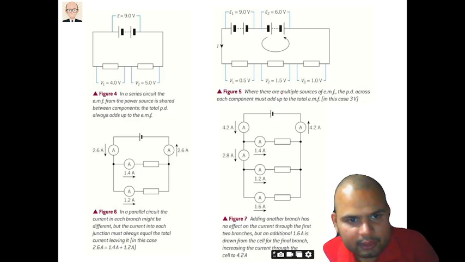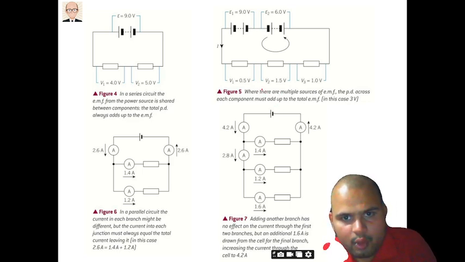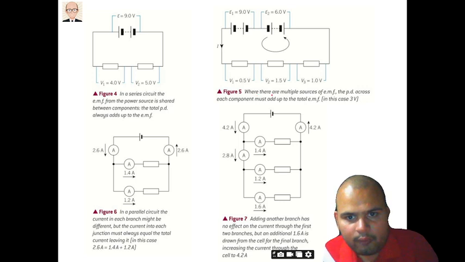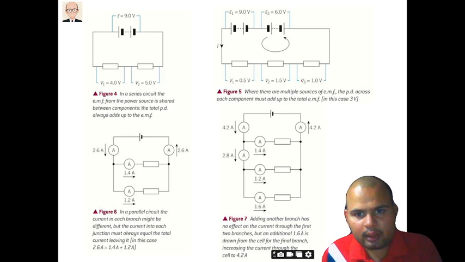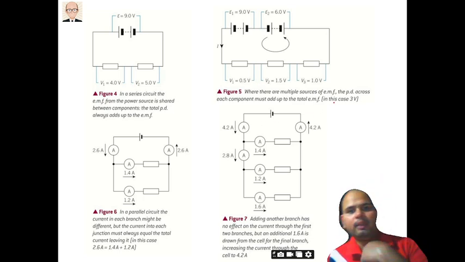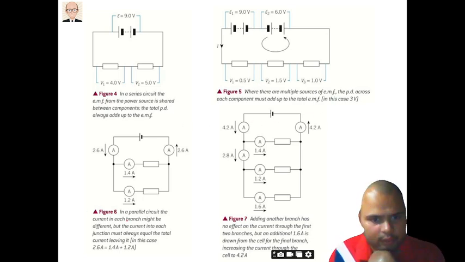So here in this figure 5, what is the issue? Let us see it clearly. Where there are multiple sources of EMF, the PD across each component must add up to the total EMF, in this case 3 volt. As you can see, it is 1, 2.5 and 3. So here it will be 3 volt, and in this parallel circuit,